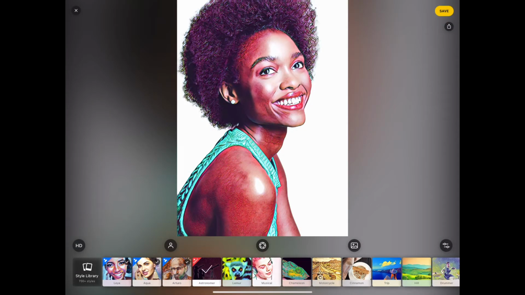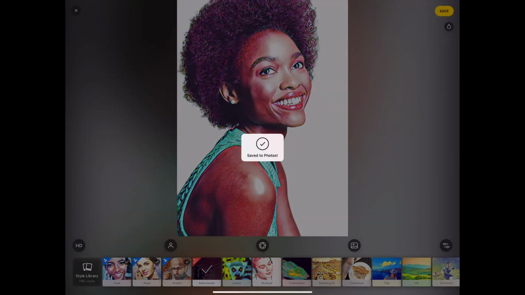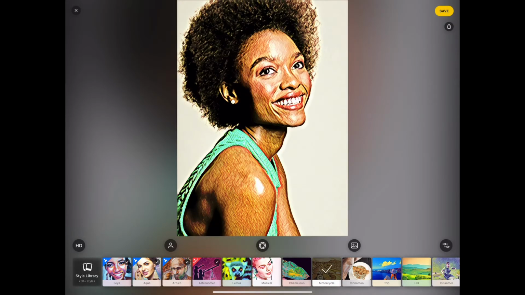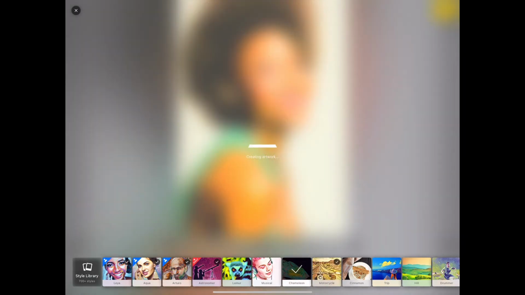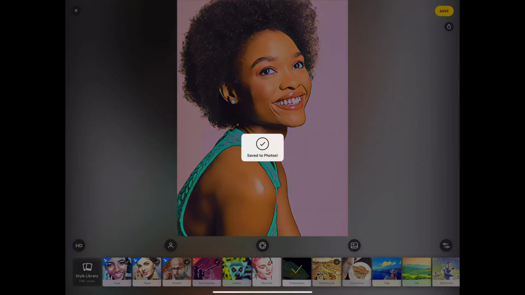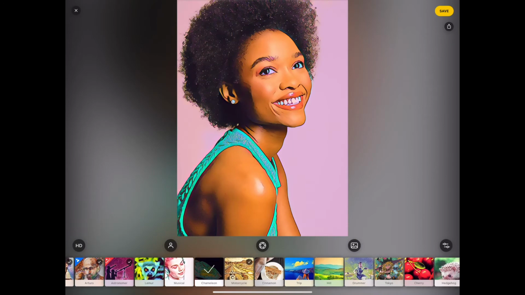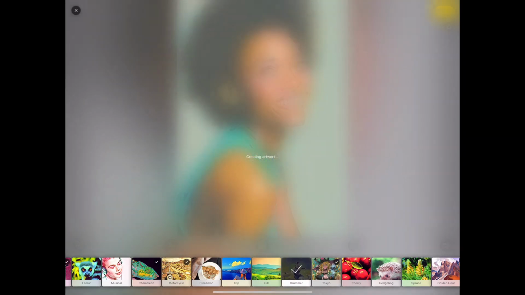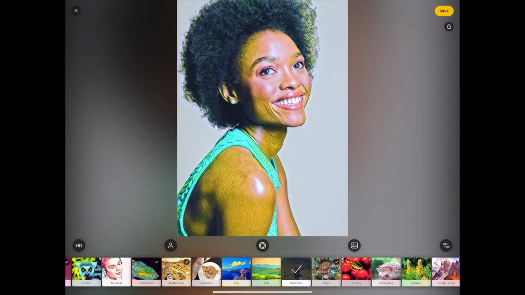Now you can see the bar down at the bottom, those are different filters that their programmers have made, and you can cycle through and pick any one of them. Now what will happen is that it will attack and change the entire photograph. You may only want a part of the photograph, but you have to accept all of it. So when I find a filter that I like, I hit the save button up in the top right and